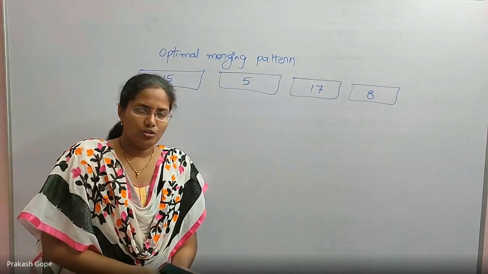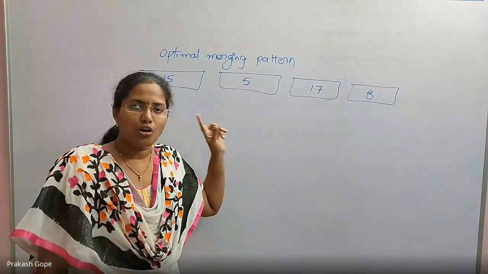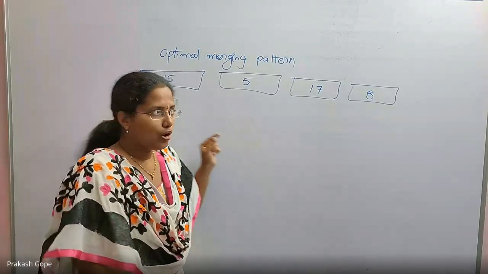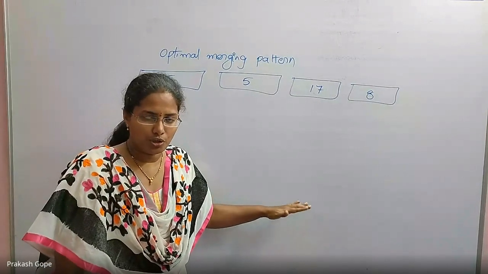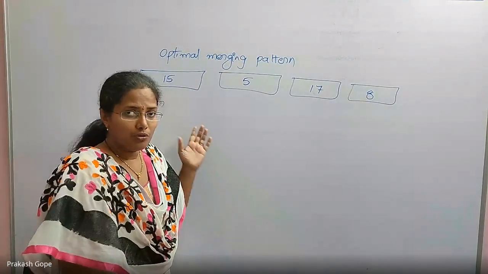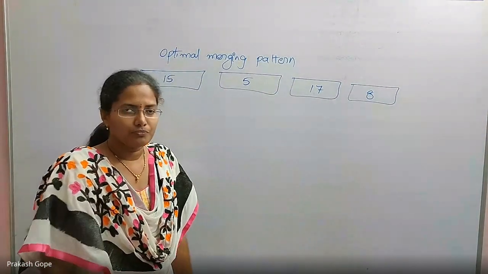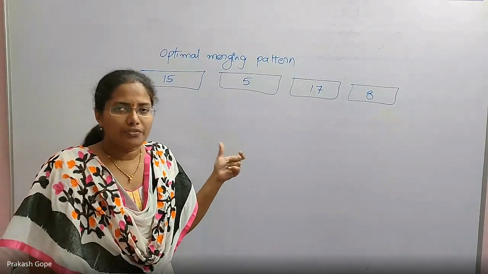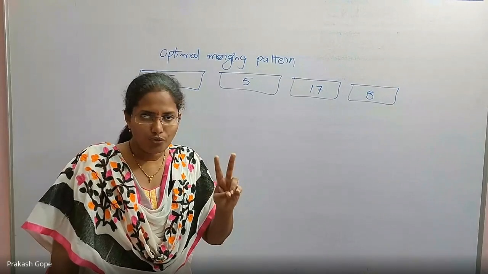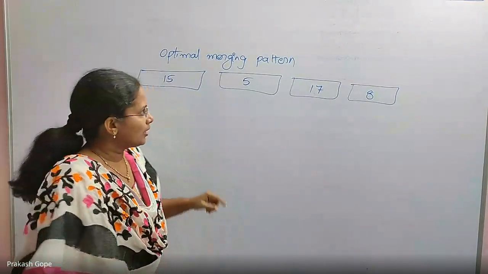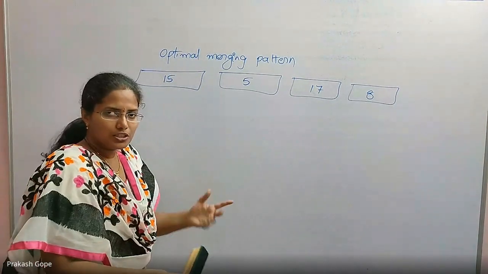So we have 4 files or 4 arrays which are already in sorted order. Now we want to merge all these files into one single sorted file by using merge sort. Obviously you just have to merge them because they are already in sorted order. If we have to do this efficiently, what is the optimal way of merging? But merging can be done only 2 files at a time, only 2 arrays at a time. Either you can merge these 2 first and that is merged with one more and that is merged with one more. This is the only option you have.